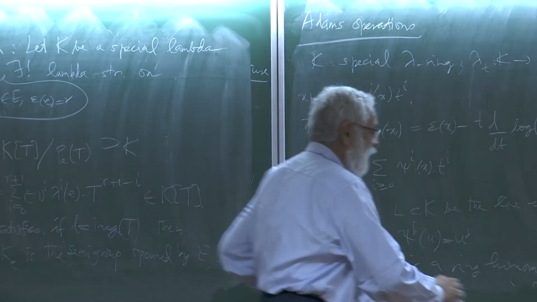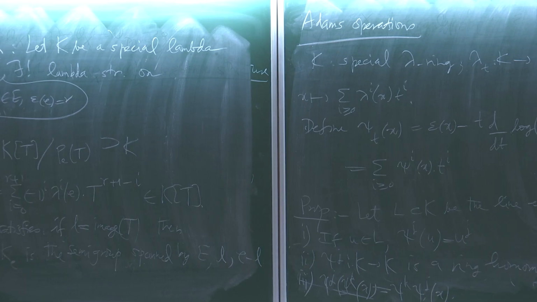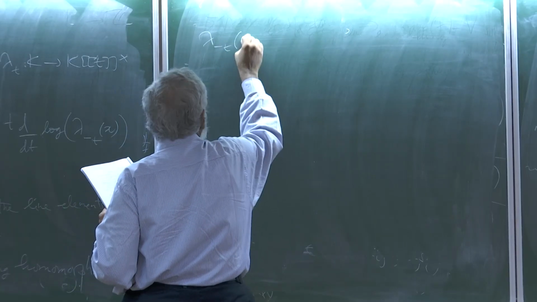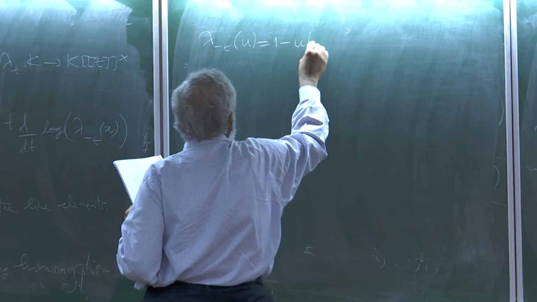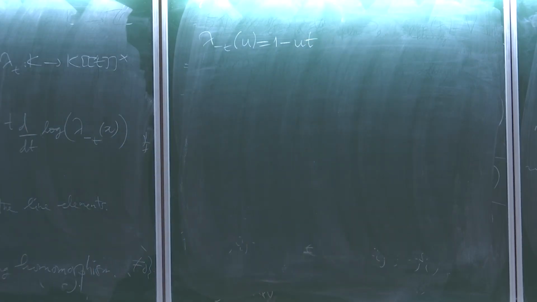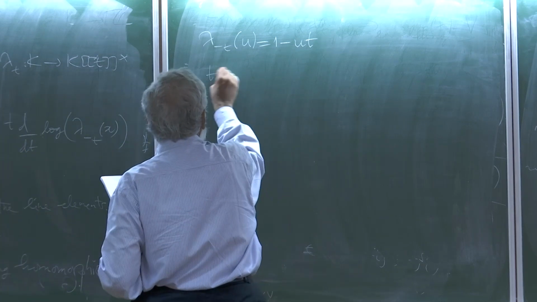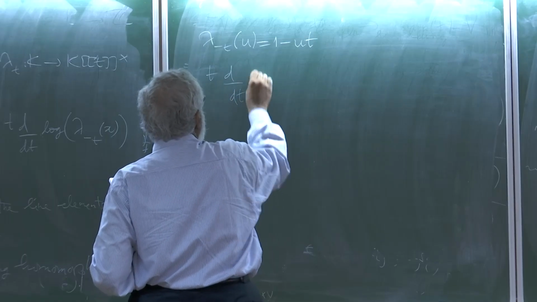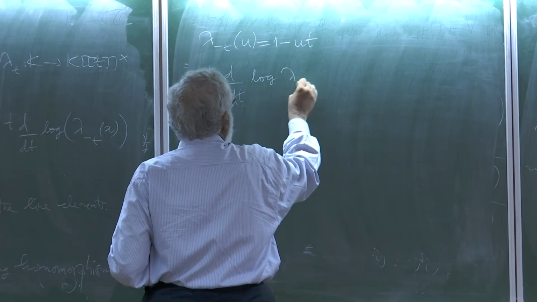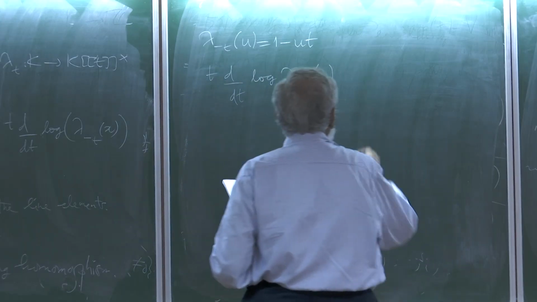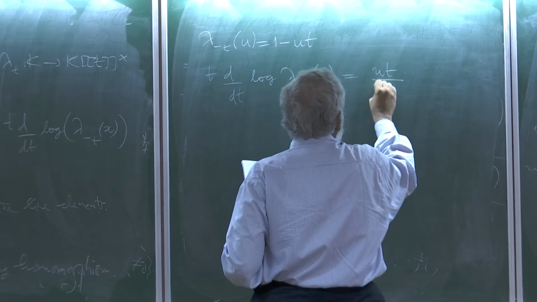So all these properties I claim are pretty easy. Well, let me first check it for line elements. So lambda minus t of u is 1 minus ut, if u is a line element. Lambda sub t of u would have been 1 plus ut, but I made it minus t, so it's 1 minus ut. Epsilon is 1, so t d by dt of log lambda minus t of u turns out to be just ut over 1 minus ut,